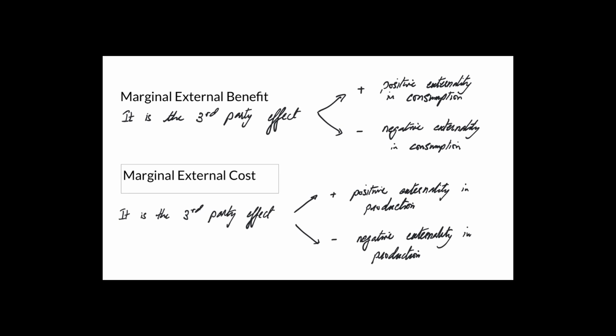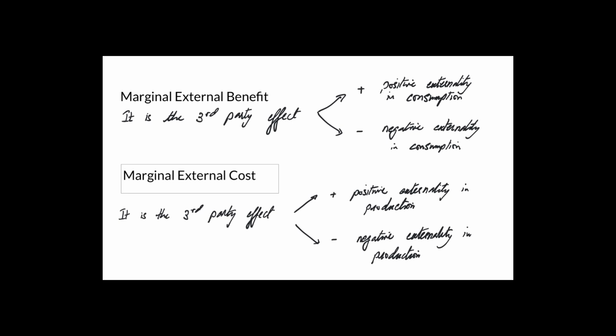Now, we'll assume, just for the sake of the society, they release that research and development in an open source location. So now any farmer can actually access that information and produce it. So now the third party is going to be benefiting from the production of that research and development that was done by the first firm who actually paid for it. So, for the firm who paid for it, that's a private cost, and you have a positive external cost or positive externality in production for the firms who had access to that information.